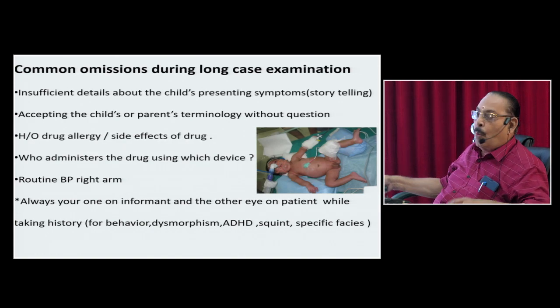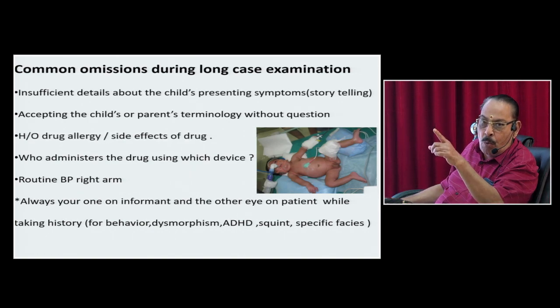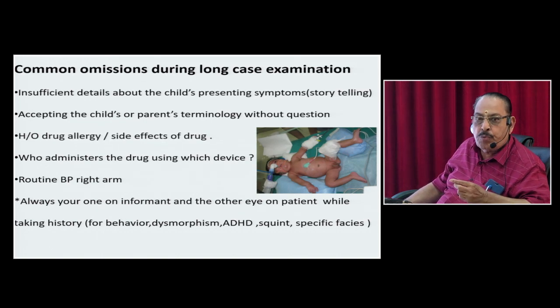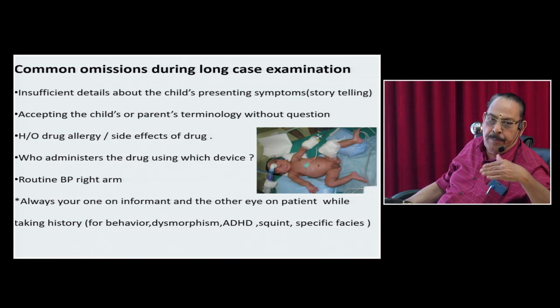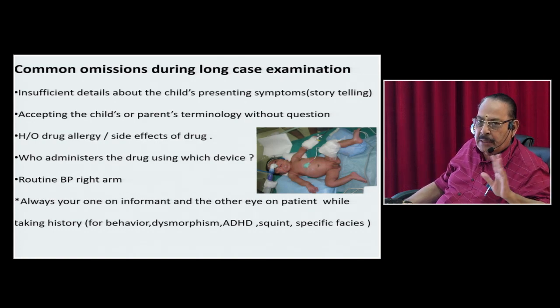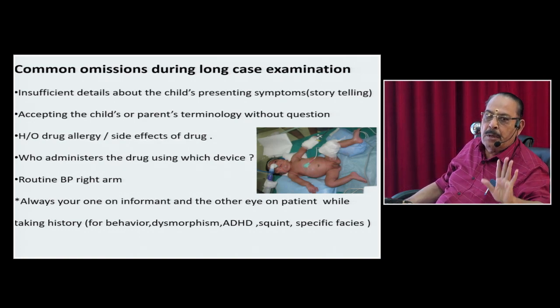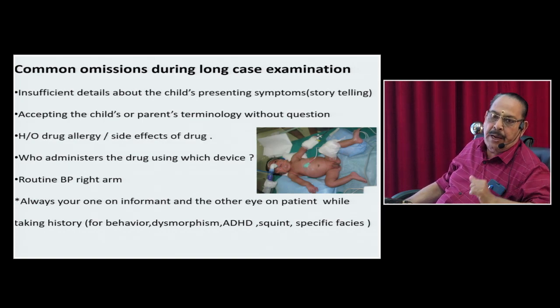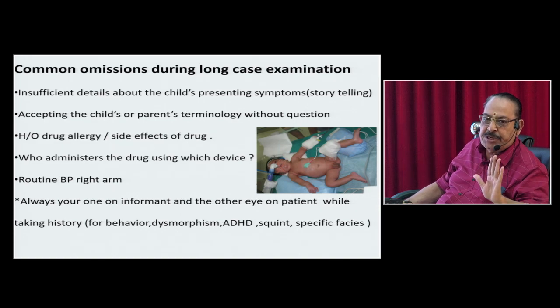One eye should be on the patient, one eye should be on the informant. Wherever the child is above 5 years of age, this is called cognizable age. The child knows what is right and wrong. It is better, you can always tell the mother, whatever the child leaves out, I will find out from you. You keep quiet, give freedom for your child to give the answer, so that any pain, any other events, the child is the better judge to give the complaint. Allow the child to give a complaint.